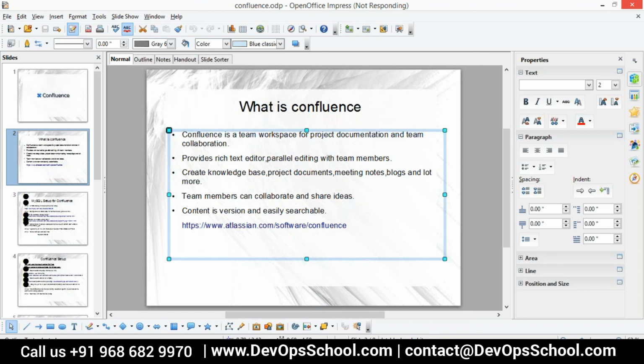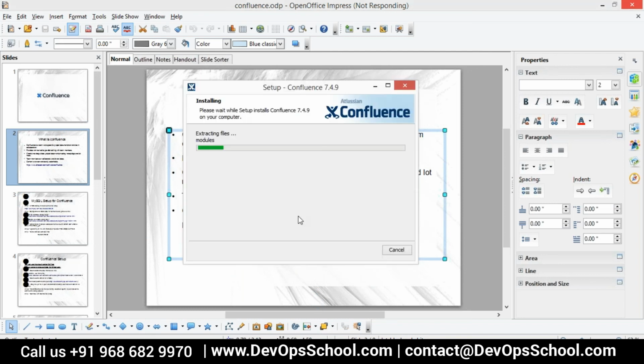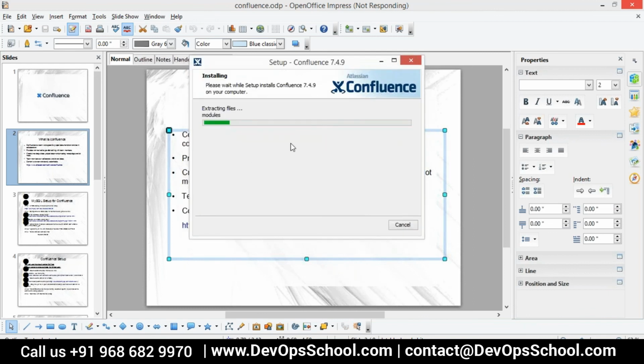Something is wrong with this. Whenever we try to install a big application, it consumes all your resources. That's a challenge you face when you try to install a big application.